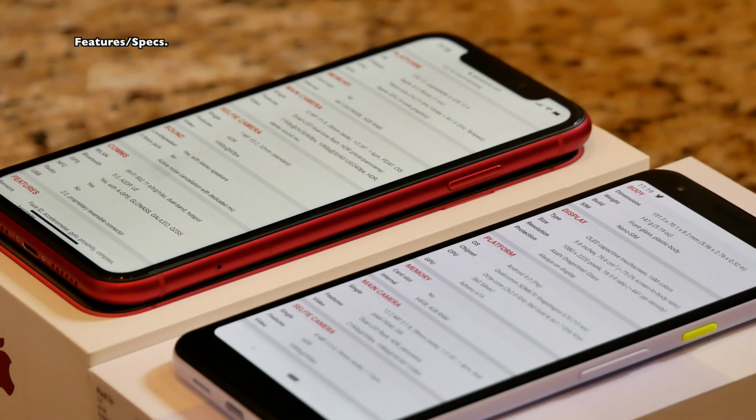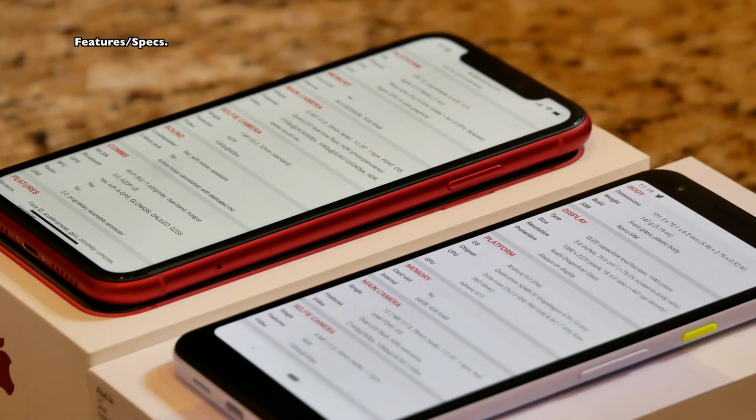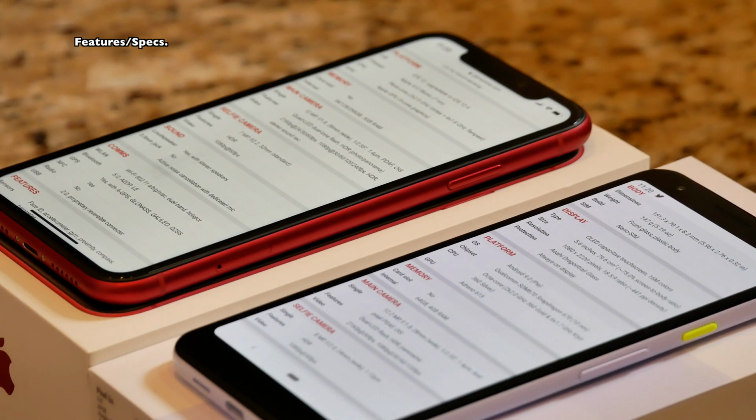Now, both phones do have video capability. The Google Pixel 3a is capable of 2160p at 30 FPS, 1080p at 30, 60, or 120 FPS, while the iPhone XR is rated at 2160p at 24, 30, or 60 FPS. What's really nice about the iPhone XR is it does come with stereo recording. The Google Pixel 3a does not come with stereo video recording. The Google Pixel 3a does come with a headphone jack, whereas the iPhone XR does not. However, one major trade-off between the two is that the iPhone XR is IP67 certified and the Google Pixel 3a